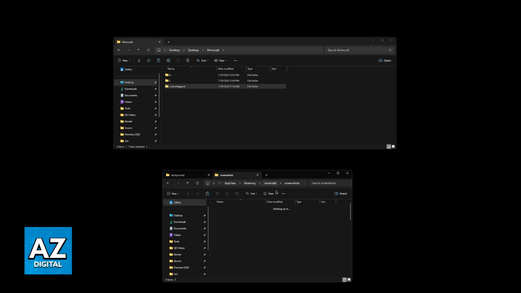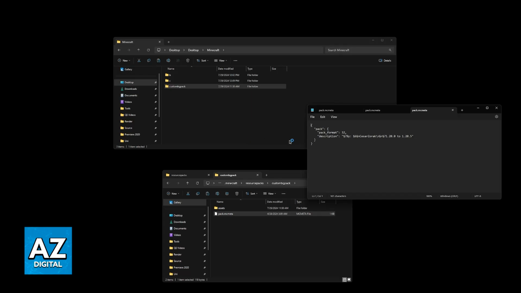Now go back to .minecraft, access the resourcepacks folder, and then you can just drag and drop the resource pack that you have made inside of here. If you have any other resource pack available, either in zip or in folder format, you will need to copy the pack.mcmeta file. So copy this file from any other resource pack that you have, click edit in Notepad, and you will be able to change the format to 16 if you didn't modify any textures, and change the description to custom BG pack. Make sure that you save this, and once it is saved, it is ready to be used.